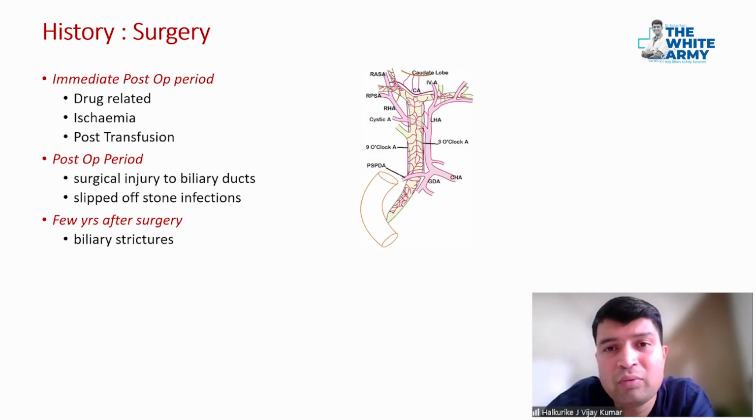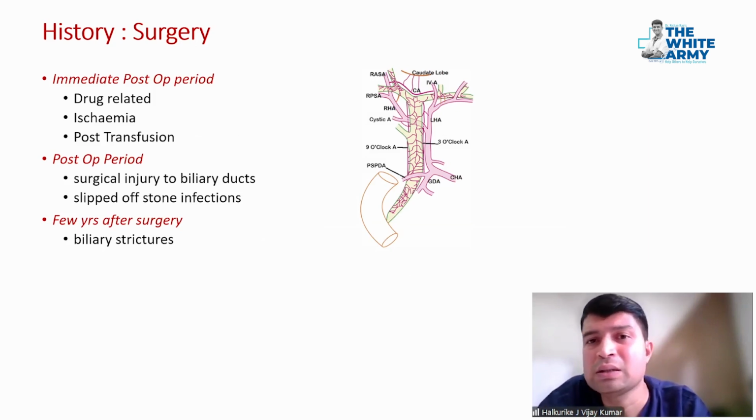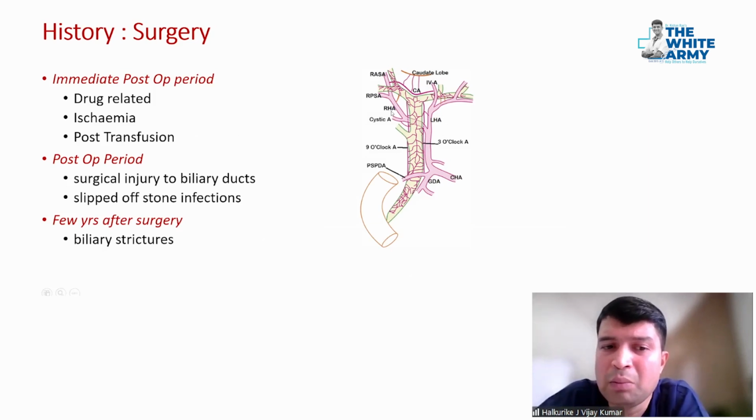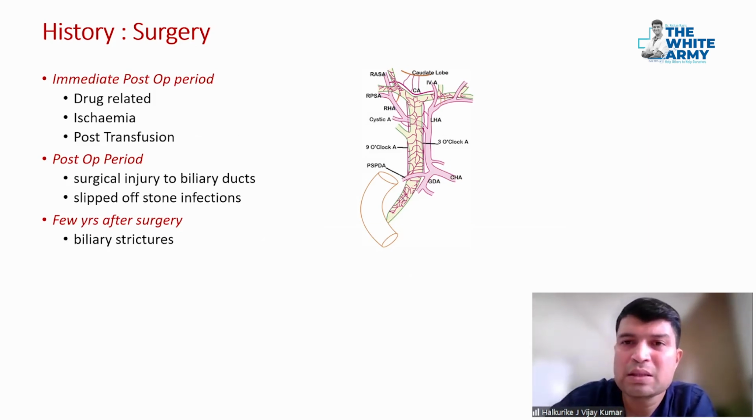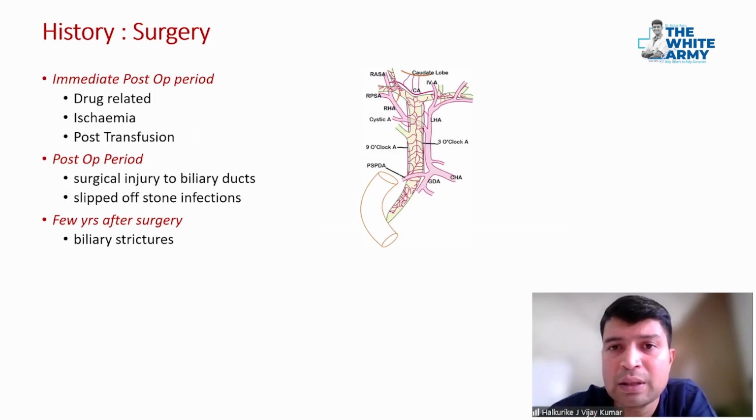Can jaundice develop a few years after surgery? Yes. Why does that happen? Biliary strictures are benign causes, where there will be narrowing of the biliary tract. It can happen after many, many months. That is because of ischemia. We should note that the biliary system is supplied by multiple blood vessels. So when these blood vessels are injured during surgery, or when there is clamping, cutting, whatever it is, people develop strictures over many weeks and months. So even in that case, there is jaundice because of